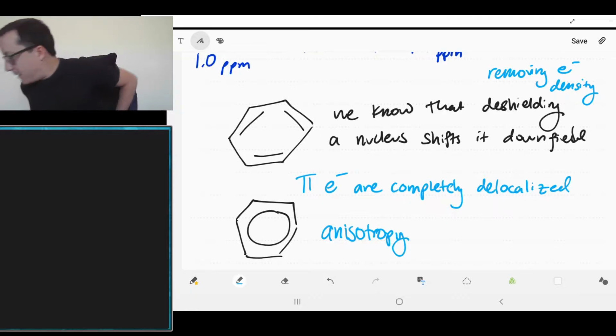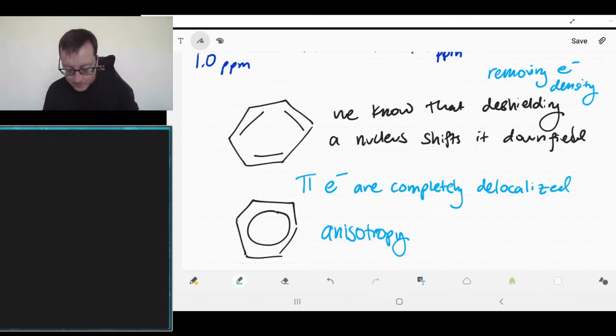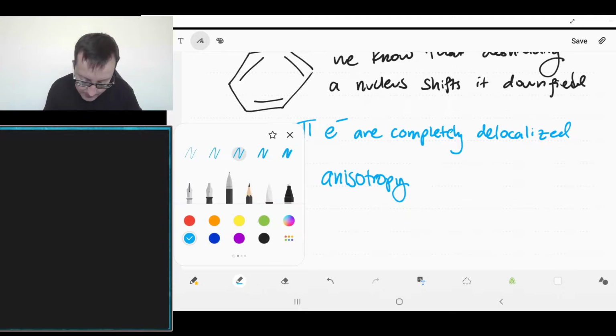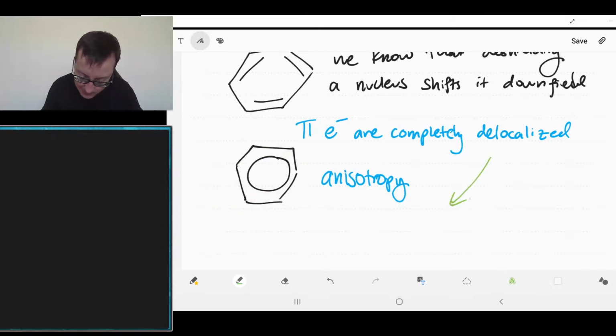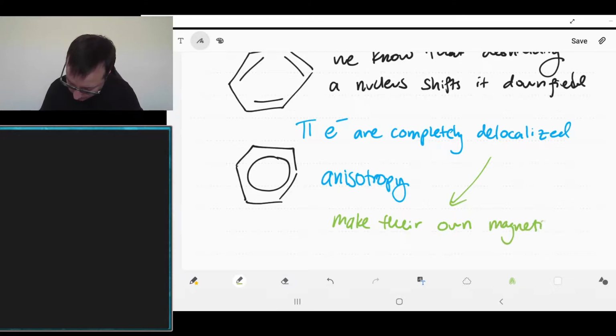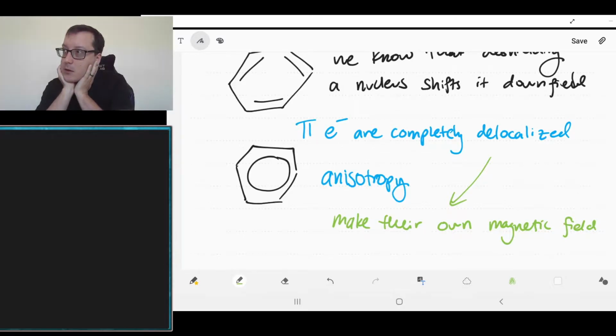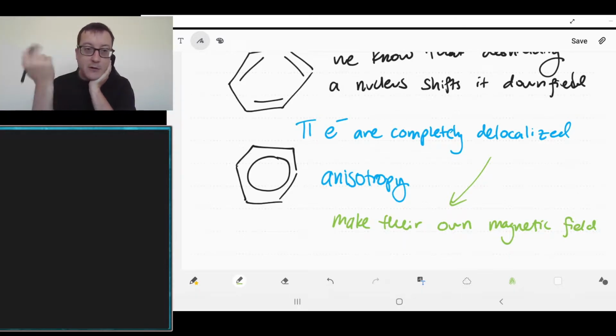And because of that, we now have this whole thing that's creating its own magnetic field. All of these are completely delocalized, and they make their own magnetic field. Because these electrons are constantly zipping around, they're creating their own magnetic field, and that's going to completely